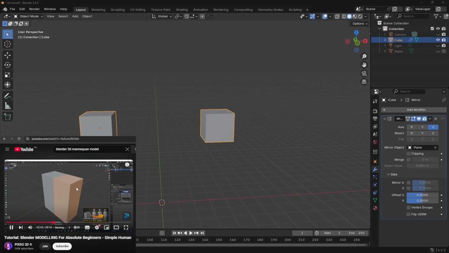go over to our portions, then from you can move it like, okay, if you hit 1 to go back to your front orthographic view, you can hit G, X, and you can move it like this. So we want something